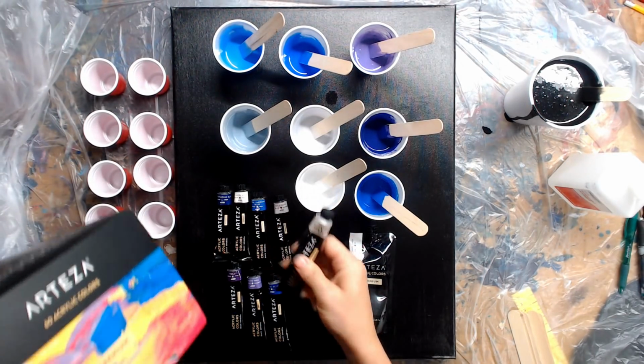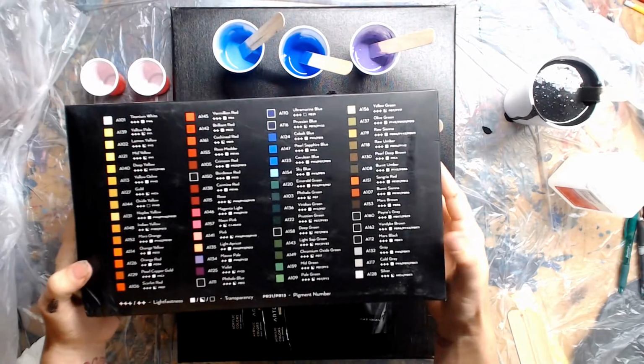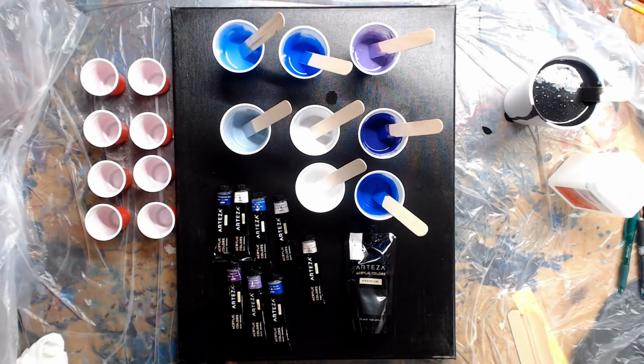and so they sent me this box of 60 acrylic colors, so it's the smaller tubes. And it comes with all of these colors in this box. They also sent me,